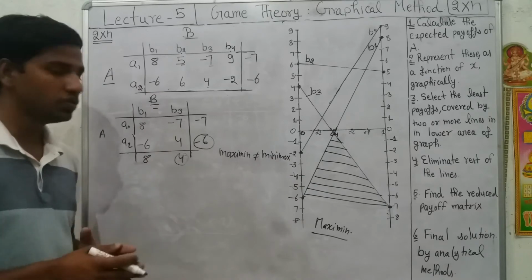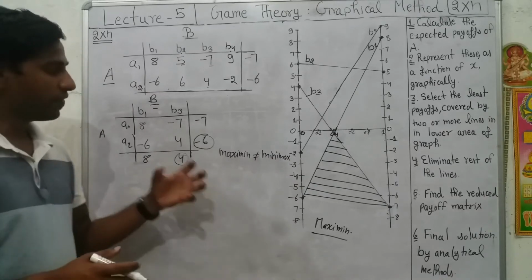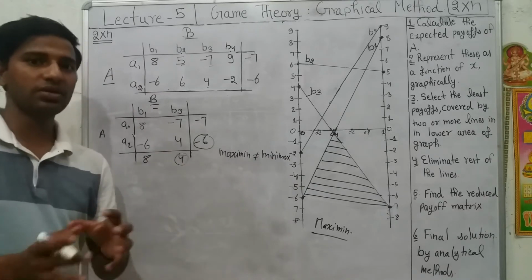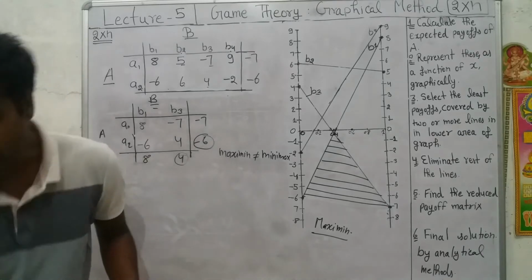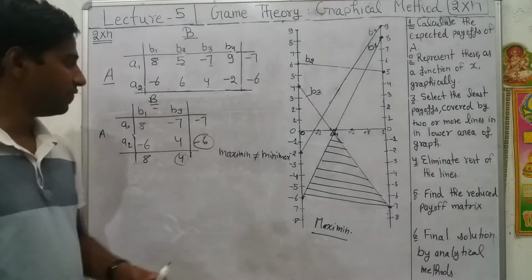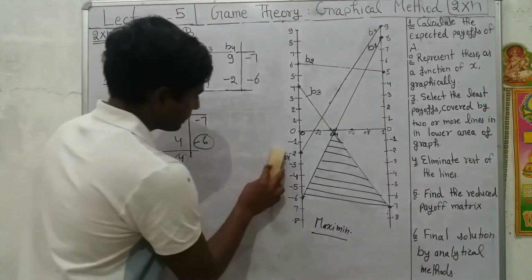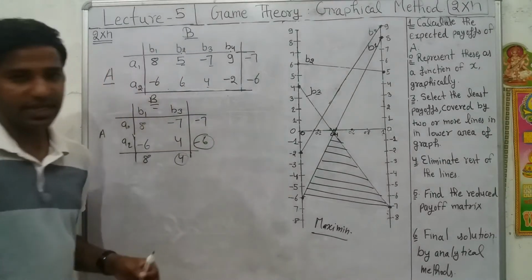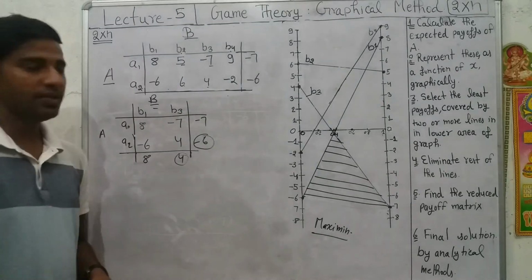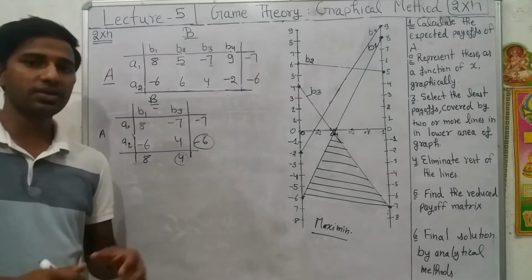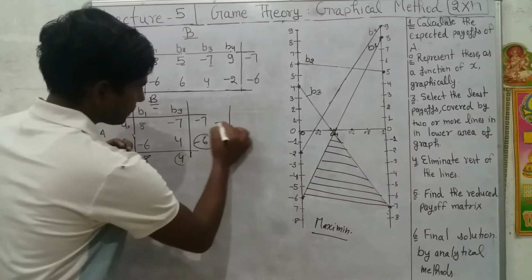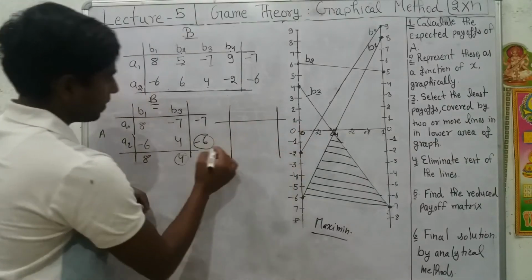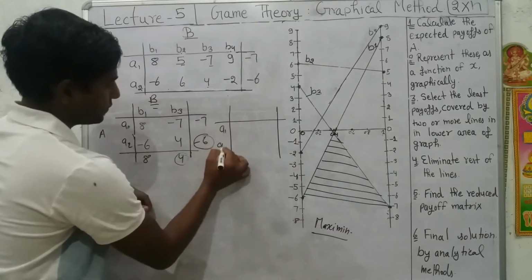So what we need to do is find a mix of the strategies or a combination of the strategies, the mixed strategy approach that we have discussed in previous videos. So we are going to apply direct formulas to calculate the game value or the values of x and y. Suppose this is a 2 by 2 game.